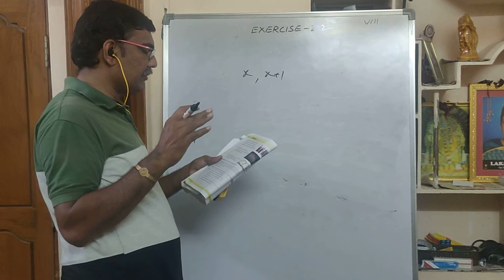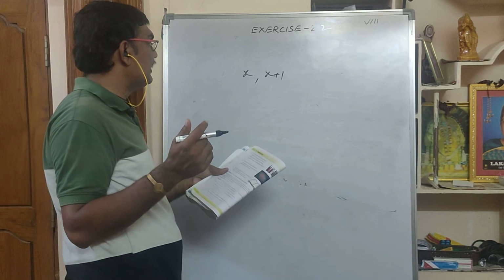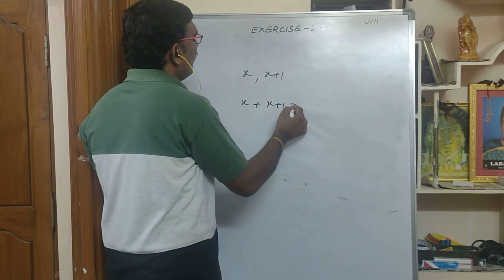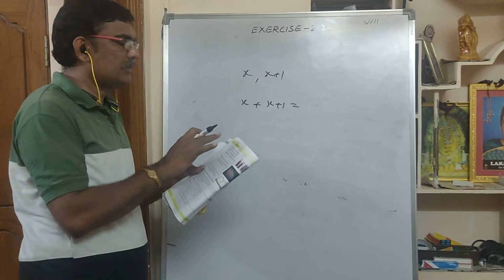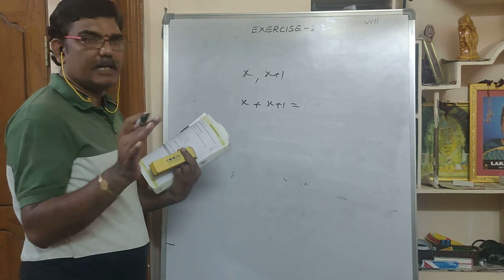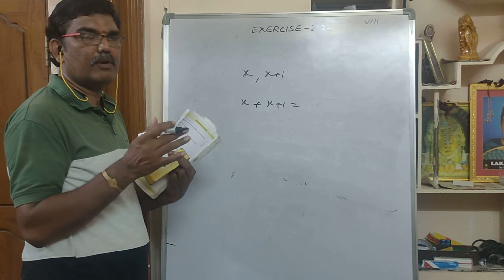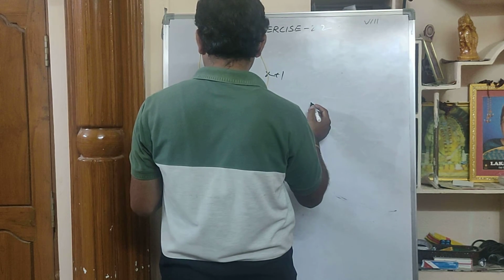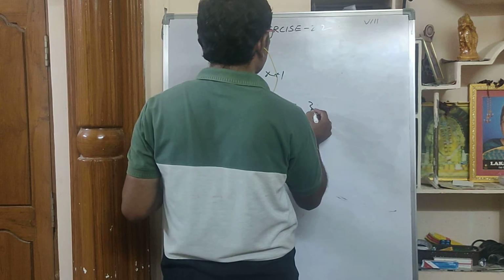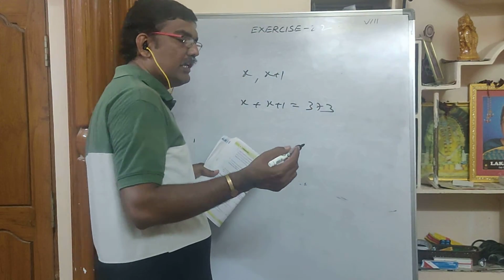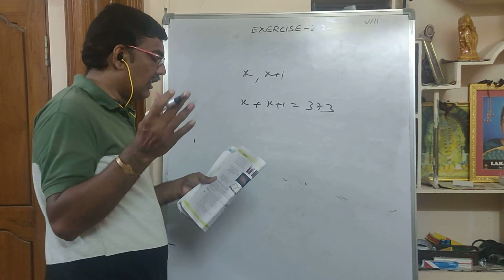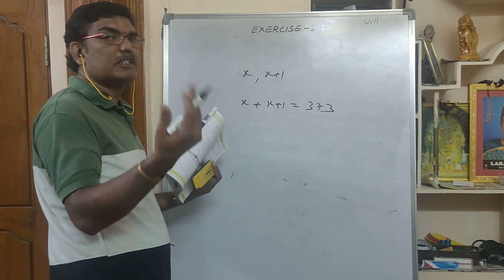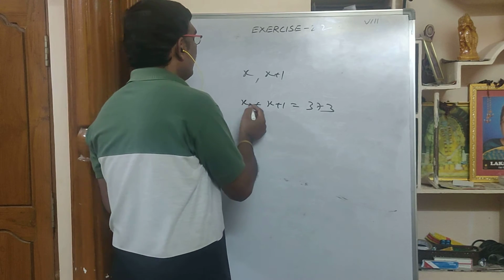The sum of page numbers on the facing pages of a book is 373. So what he said is, if you open a book, there are two numbers, this number and this number, and they were added. And he said the total is 373. Now what he is asking is, what are the page numbers? This page number is how much, and this page number is how much?